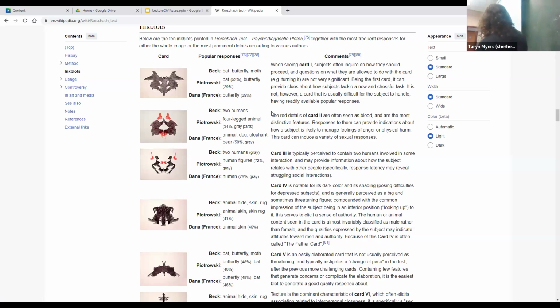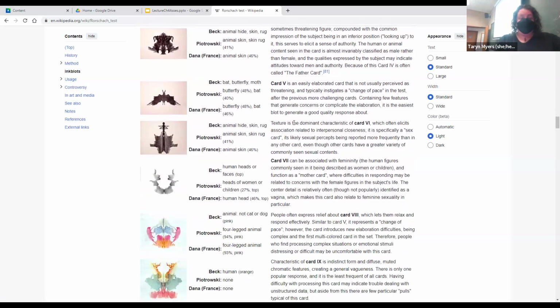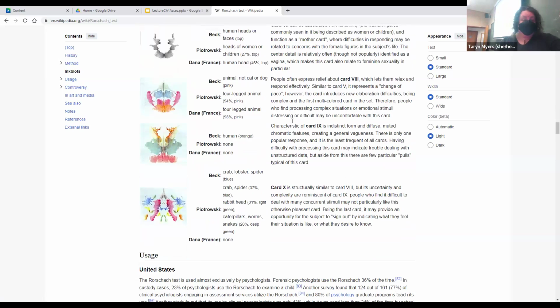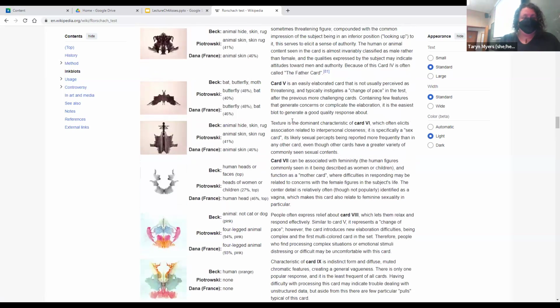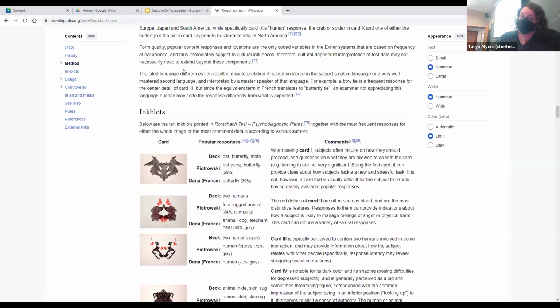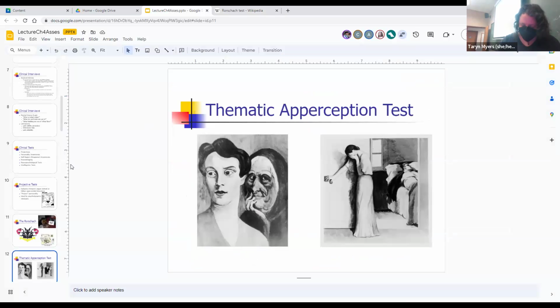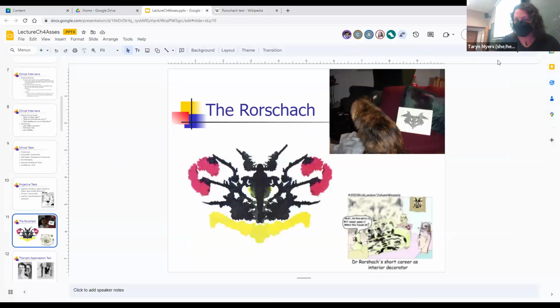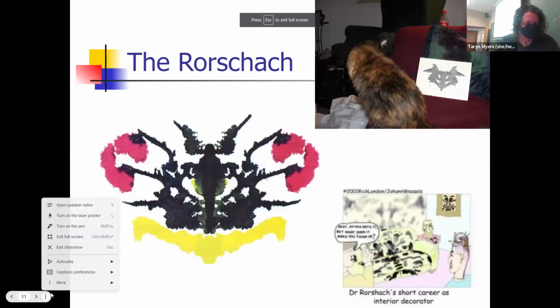And when this was first posted, people tried to get it taken down, and I guess copyright-wise, they somehow got permission, so it's never been taken down. So if you want to see all 10 Rorschach cards, you can. And yeah, it's interesting, right? So that's why I don't mind showing you one or two of them here. So this is